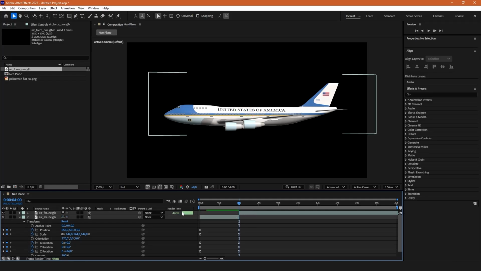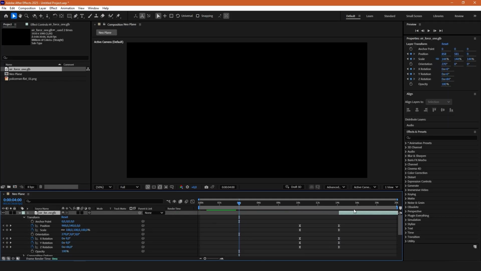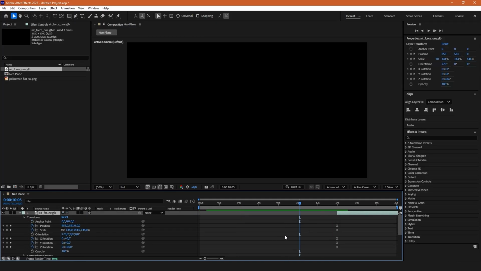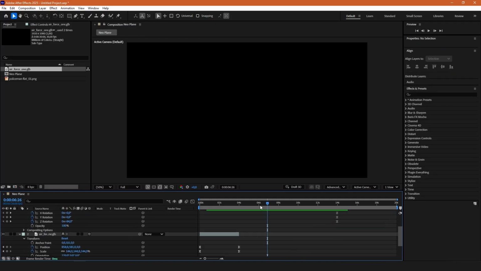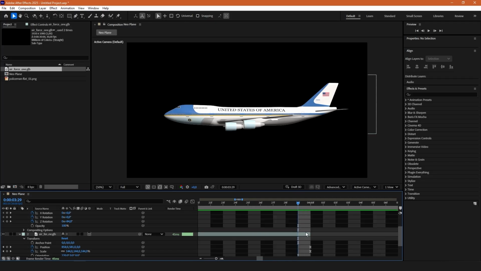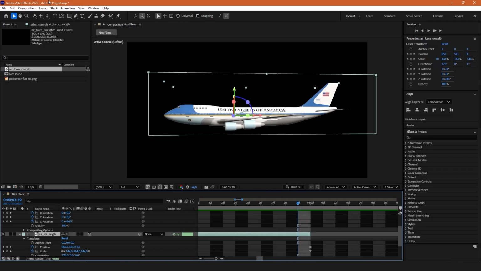And then we can move our model forward, let's say at 14th second. And we can remove first set of keyframes. Then we can go back to our model, go to the last frame of this model here, and then make